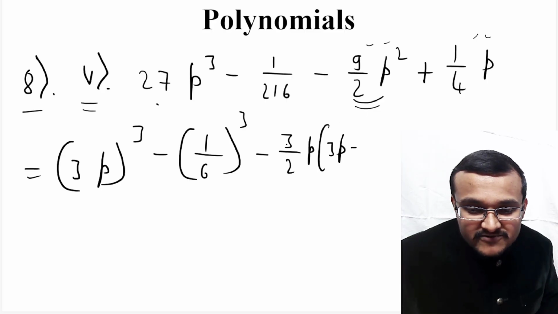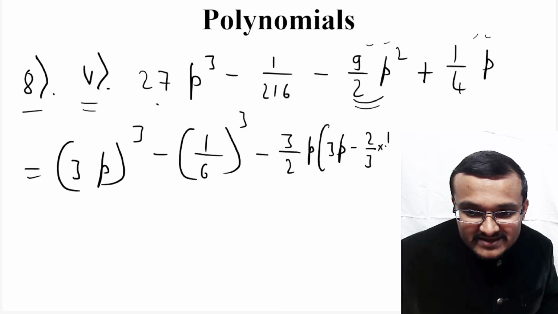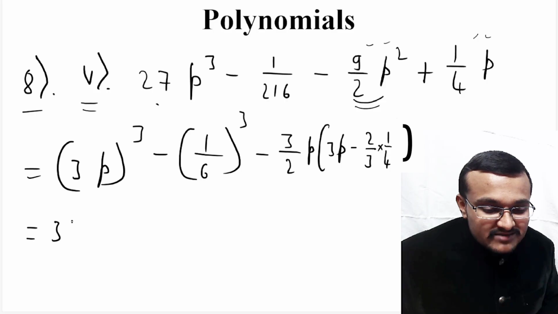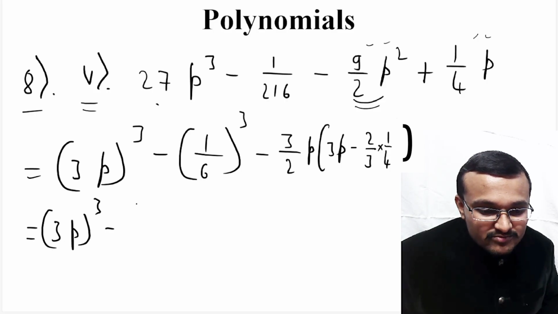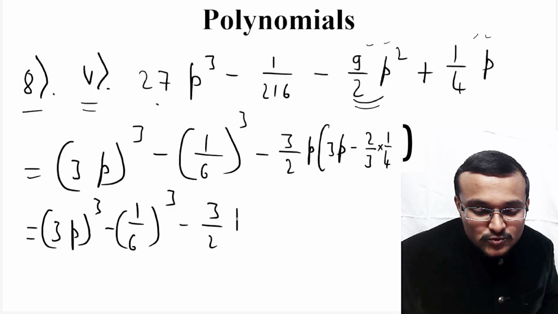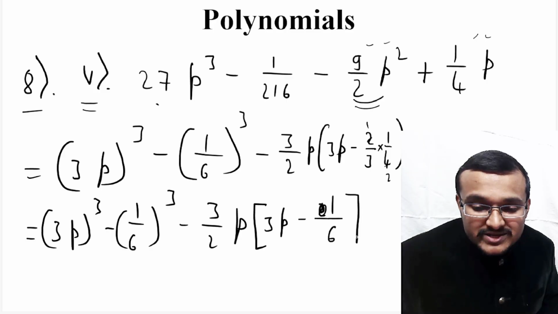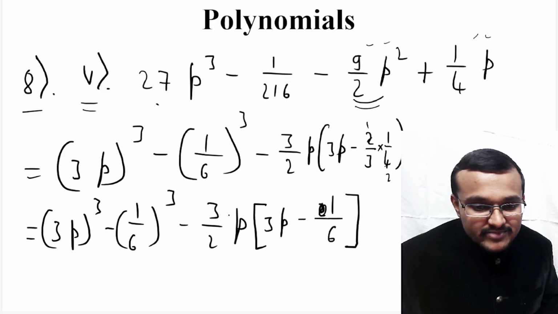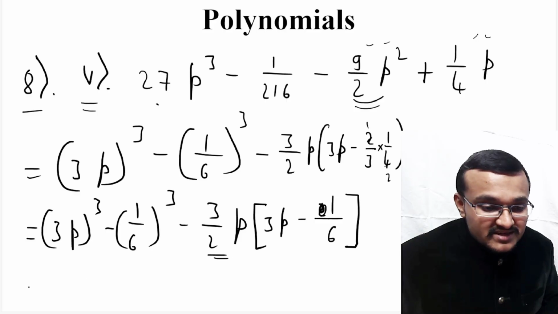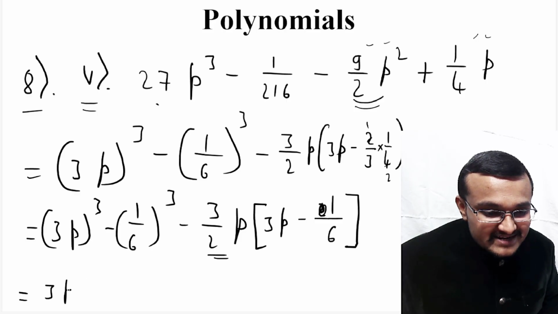From 1 by 4, if you are taking 3 by 2, then 2 by 3 you have to multiply inside. So 2 by 3 into 1 by 4. That means here 3p whole cube minus 1 by 6 whole cube minus 3 by 2p, and 3p minus 1 by 6 will be there inside the bracket. You have 3 by 2p here. So 3 by 2p you can write as